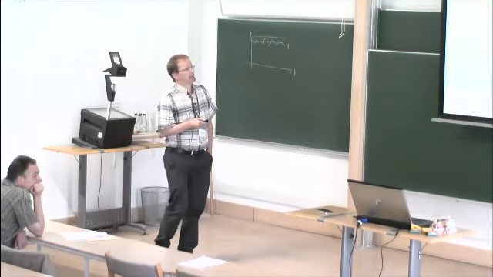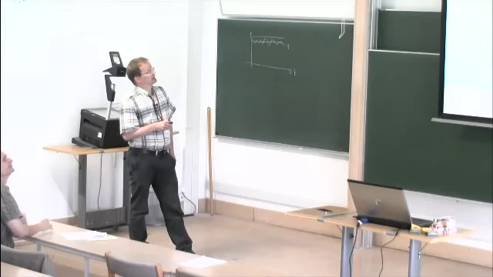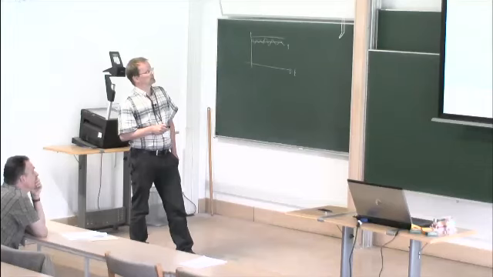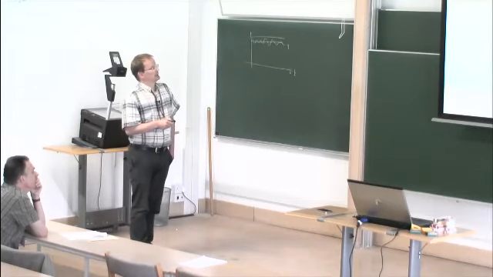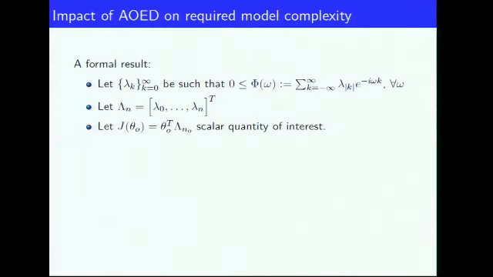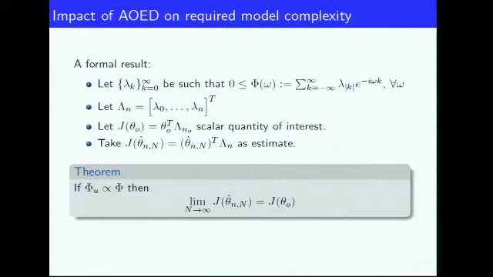There is a formal result that backs up these claims. So if I have a sequence lambda k such that when I take the Fourier transform I obtain a positive function, and now if I form a finite vector of these coefficients, and say that this is a linear combination of my true model parameters, my scalar quantity of interest, and I then take the corresponding linear combination of my estimates as estimate of this quantity J, then if I have picked phi u, the input spectrum, to be proportional to this quantity here, in the limit I will have a consistent estimate, even though theta, the model that corresponds to this, might not be able to represent the entire system. And I will illustrate this